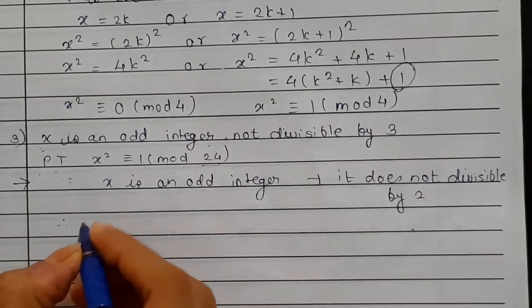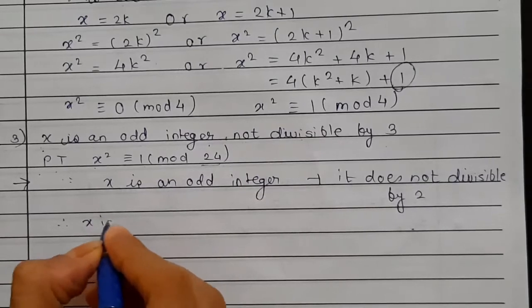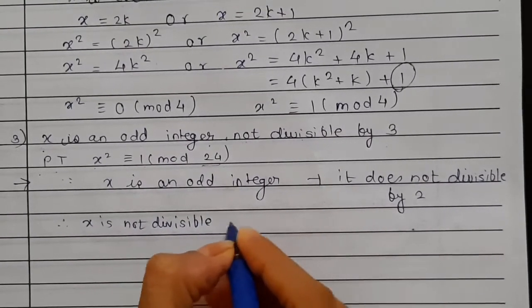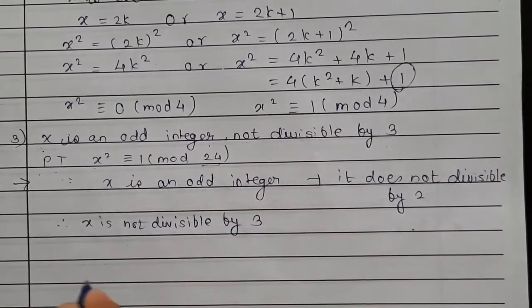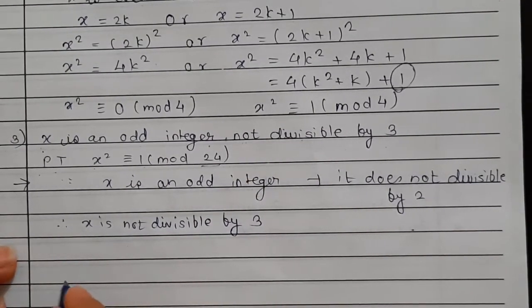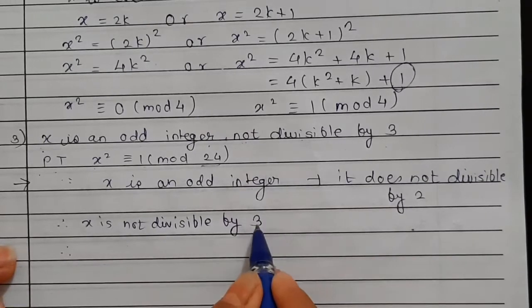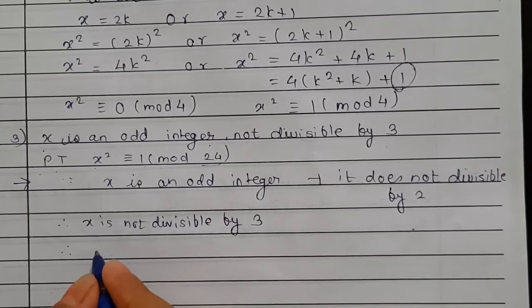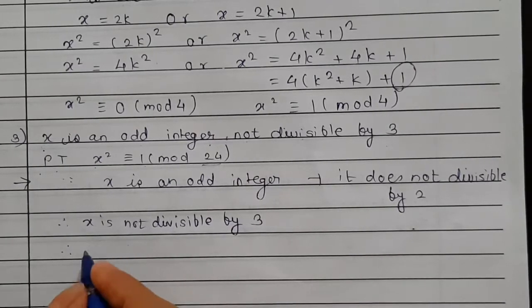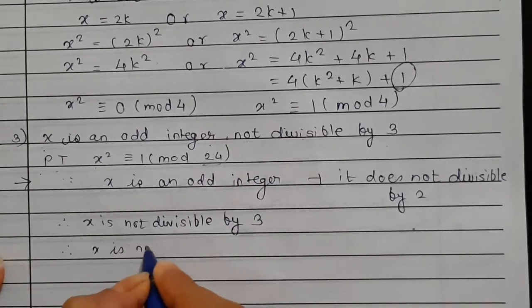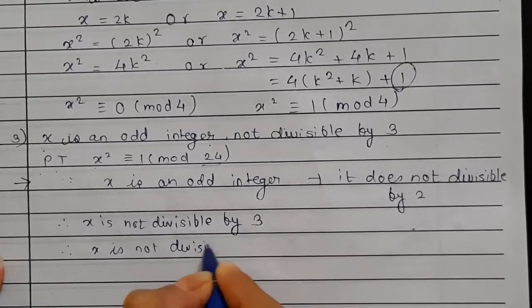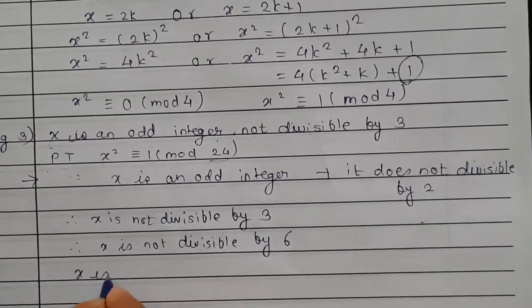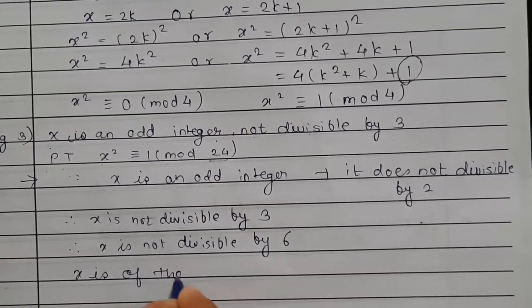So we write that also: x is not divisible by 3. Therefore, if you take their multiplication, x is not divisible by that number also. So x is not divisible by 6. Here x is of the form